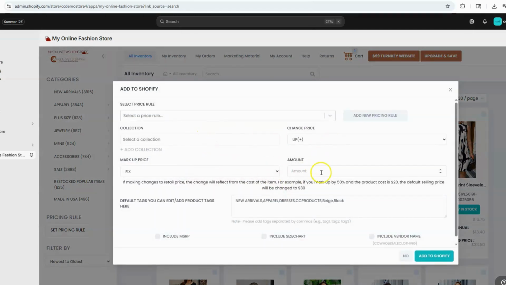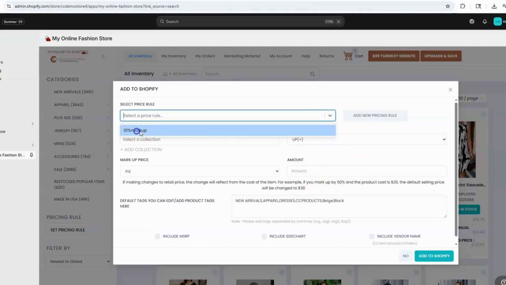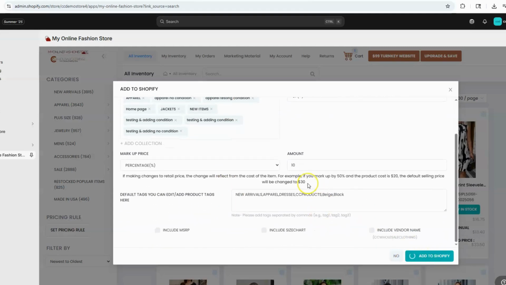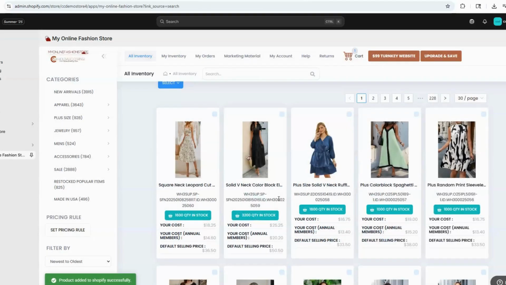So again, instead of doing it one by one here for every item, we can select a rule. Now the rule is here, the one that we saved. So it gives you all the collections that it's going to apply to. You can remove it here if you don't want to apply it to a certain collection. You can remove it here still after. But so we have the rule that we set up, 10% markup, and now we're just going to click Add to Shopify. So that item will add to your store with a 10% markup based on the cost of the item. So if we go to products,